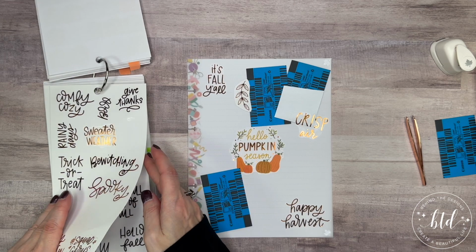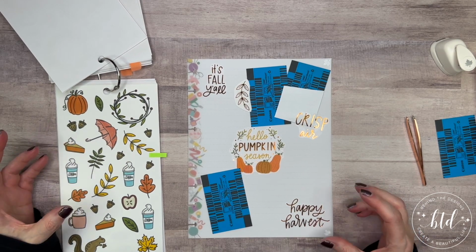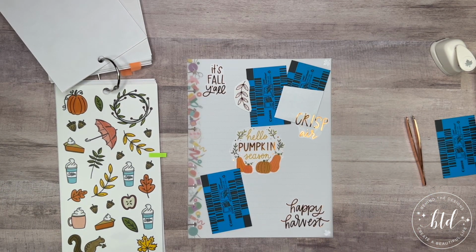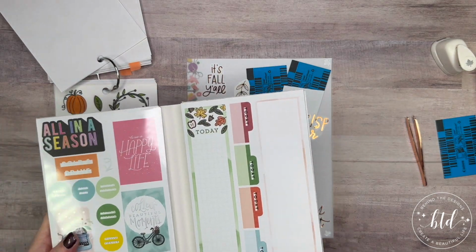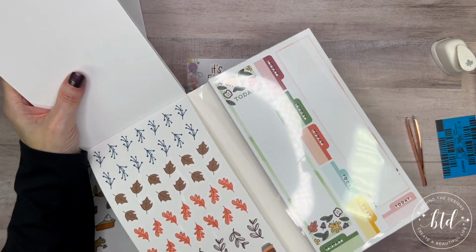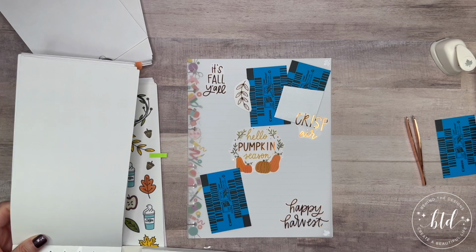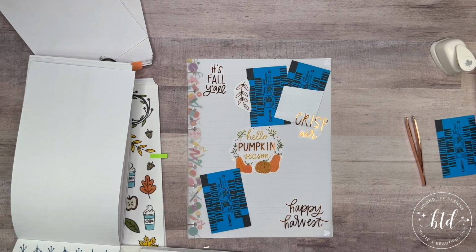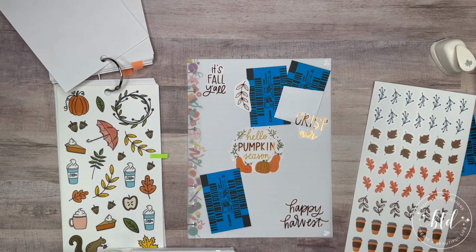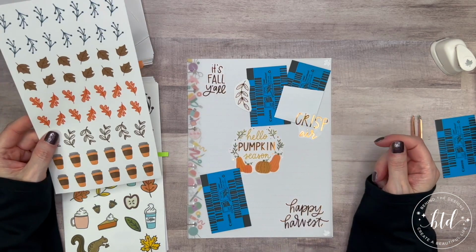Okay, so let me check out. These are not colored or like shimmery, but I'm also gonna look in this book here. I had this book set off to the side, and there's some in the back of this book. So again, they're not shimmery in any way, but I may have to make an exception. So I'm going to take the sheet out just so that I don't have to keep this big clunky book out here. All right, so then I wanted to scatter around like some leaves and